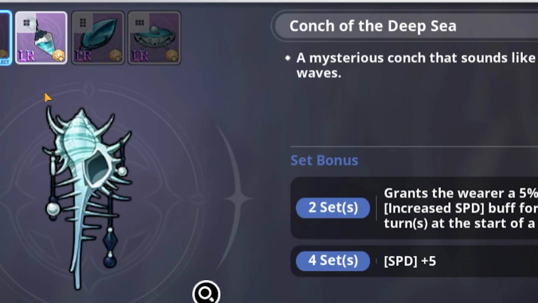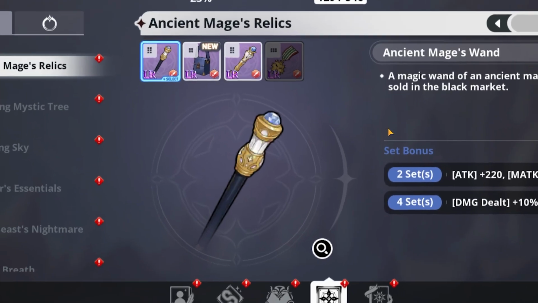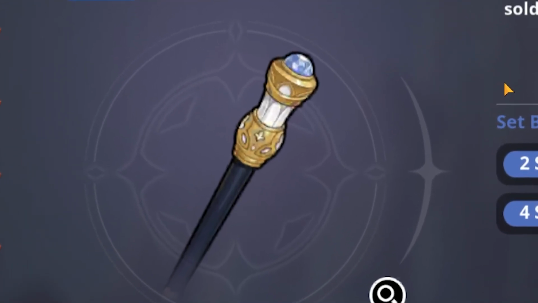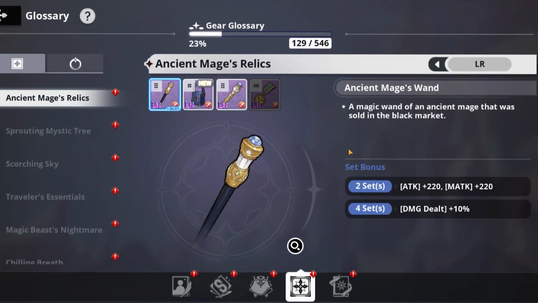And then we're going to be going for Conjure of the Deep Sea, as well as Essence of the Deep Sea, and then for both of these gear pieces, we're also going to want magic attack on the main stat. So at this point, it really doesn't matter what you necessarily run on her, as pretty much you can just go for anything else at this point, as the attack bonuses, as well as also just the speed bonuses, are